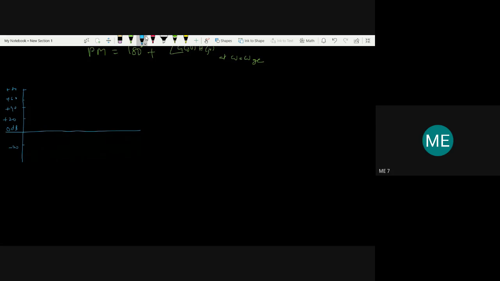And this is going to be the phase angle plot. I mean, the phase angle plot you can also draw in the same picture. So this is the minus 180 degree line. And I have a Bode plot, which is a magnitude plot and a phase angle plot. In the magnitude plot, say for example, my magnitude plot is like this,